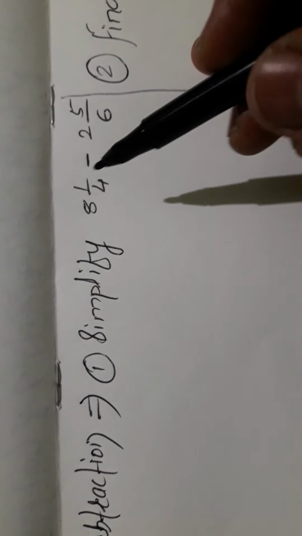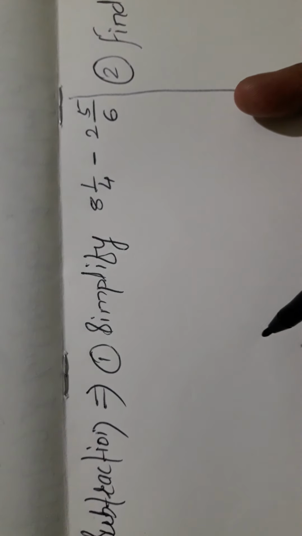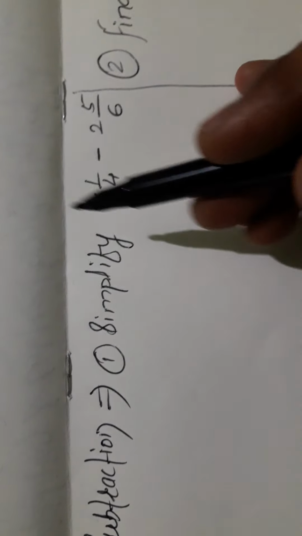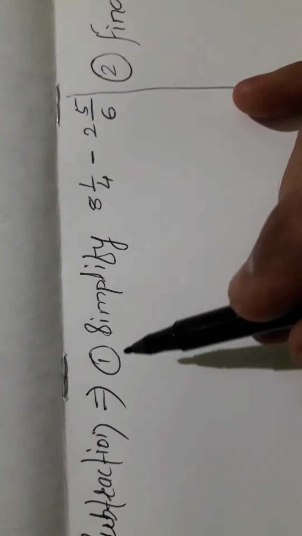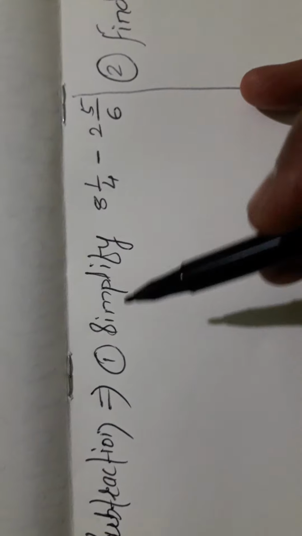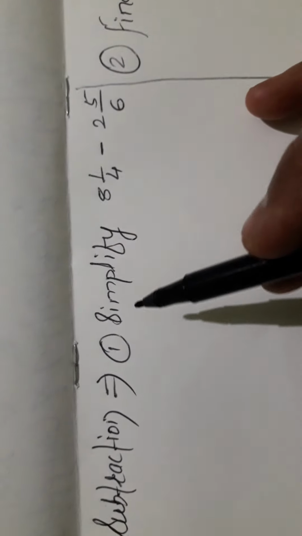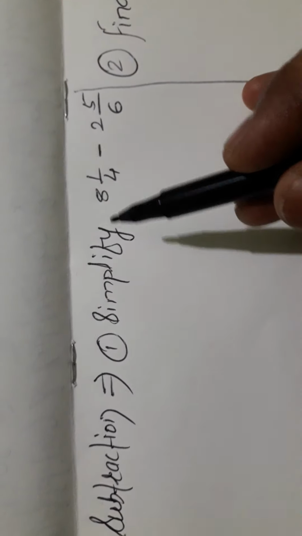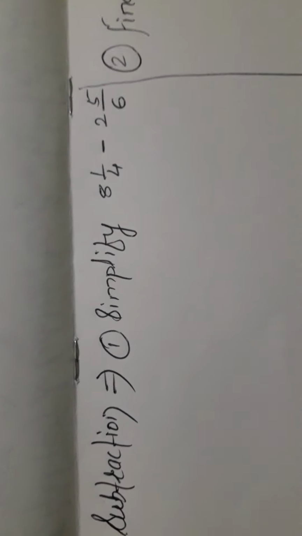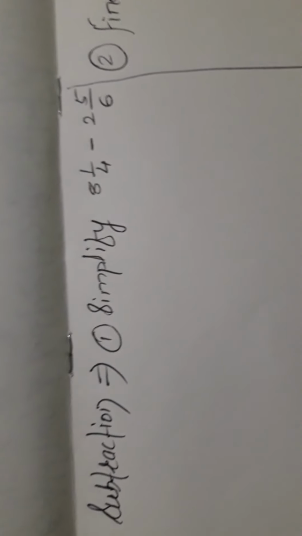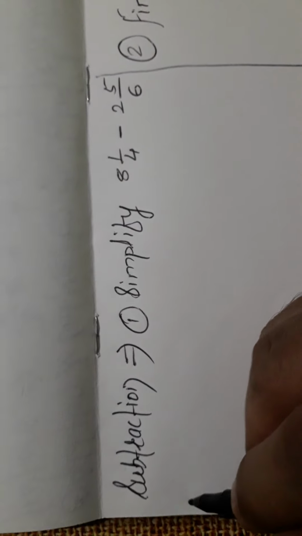Okay, here see the instruction: simplify. Originally when we are observing the example it is a subtraction, but in the question it is not given to subtract or do the subtraction of the given mixed fractions. What is given? Simply simplify. We are going to simplify this, which means we have to subtract the given mixed fractions. Now how to start and how to solve? Listen here. Solution.